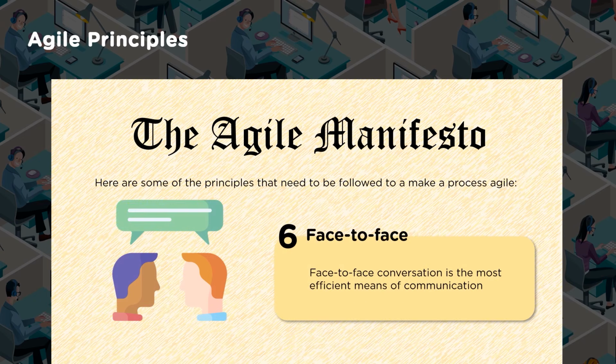Next, face-to-face interactions, which is the most efficient means of communication and helps in giving proper clarity in terms of what is required. It is not that I sent an email and I expect the person to do it. That is not what we're discussing. There should be more and more interactions face to face so that each other understands what needs to be done, and there is quick feedback as the conversation keeps happening. So one can understand the other's perspective as well.